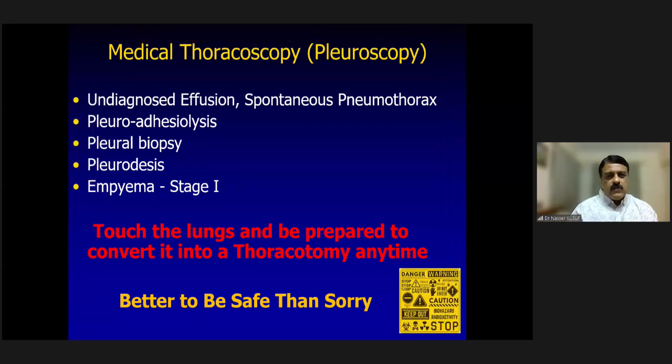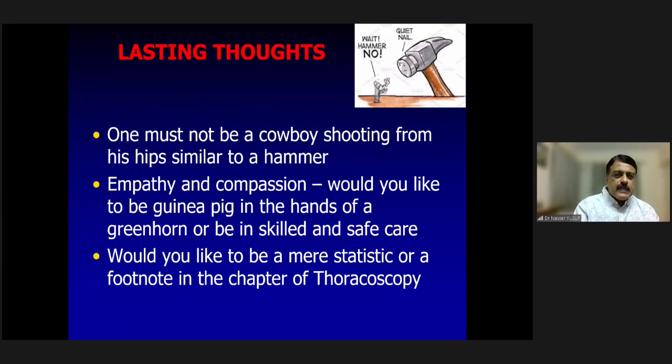So undiagnosed effusions, pleuroadhesiolysis, pleural biopsy, pleurodesis, empyema stage 1, great, nothing to worry. Patient sleeps well, you're fine, and it's always better to be safe than sorry. So this is,